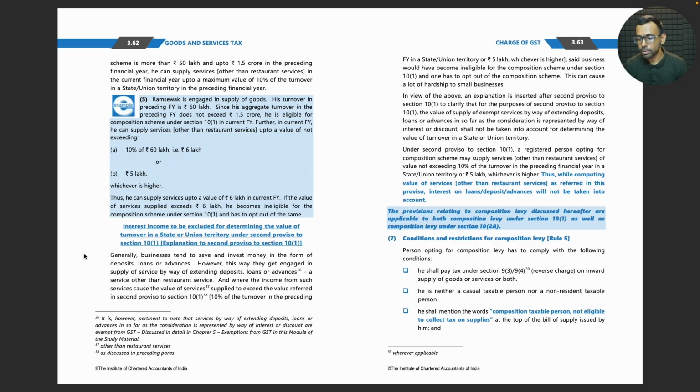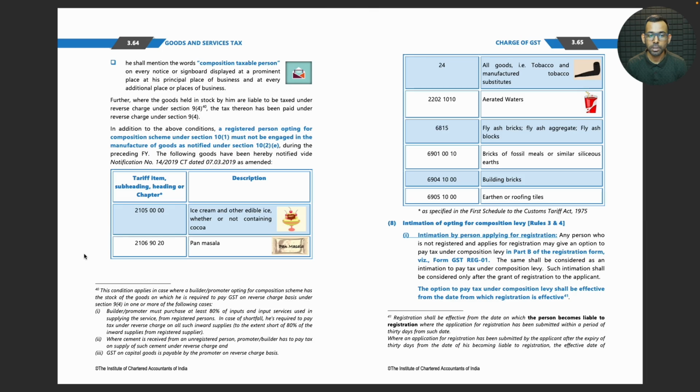He shall pay tax under section 9 subsection 3 or 9 subsection 4 (reverse charge) on inward supply of goods or services or both. He is neither a casual taxable person nor a non-resident taxable person. He shall mention the words "composition taxable person, not eligible to collect tax on supplies" on top of the bill of supply issued by him, and he shall mention the words "composition taxable person" on